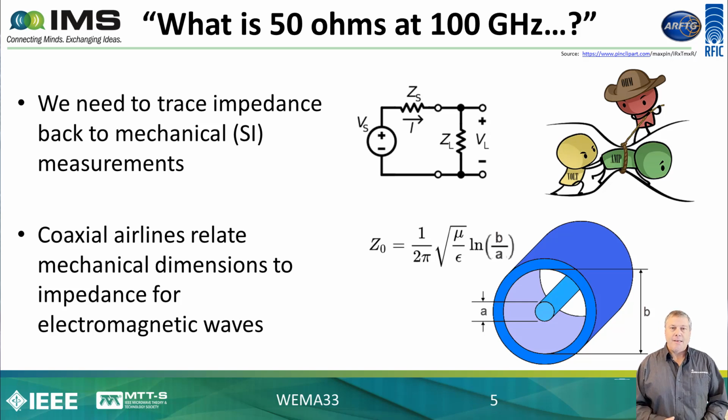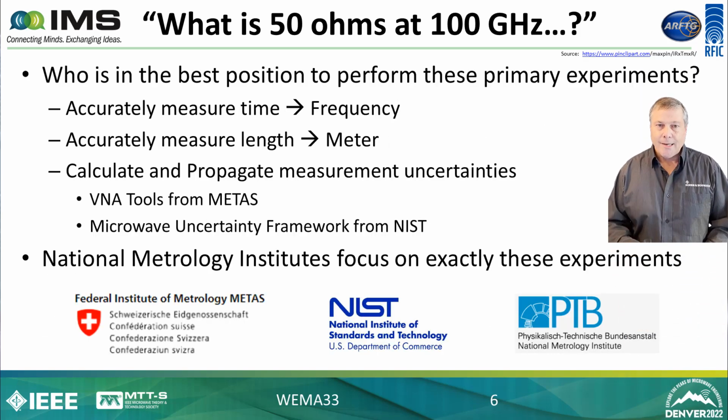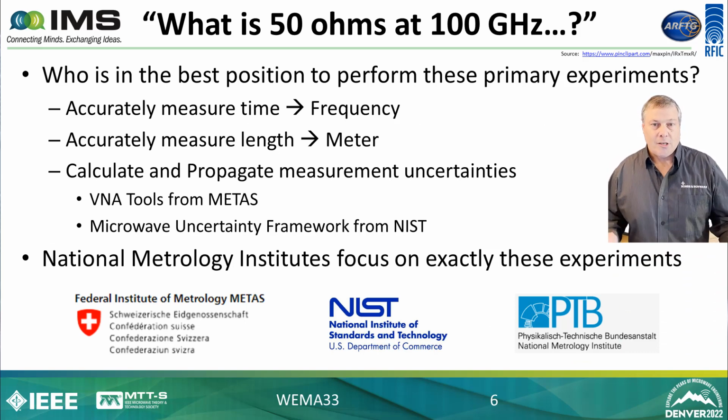Well, the key thing is the coaxial air line. The coaxial air line is the one artifact that we can use that has physical dimensions that can be easily measured, such as the diameter of the inner conductor and the inside diameter of the outer conductor. And we have the equations and the knowledge about how electromagnetic waves propagate in the TEM mode down a coaxial transmission line. Since we have this relationship and this understanding, we can then calculate from physical dimensions things such as the characteristic impedance of the line. And this is a key step that's needed in order to create, for example, the first calibration kit at a very high frequency such as 100 gigahertz.